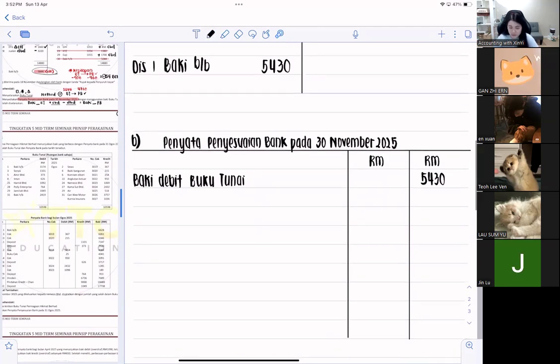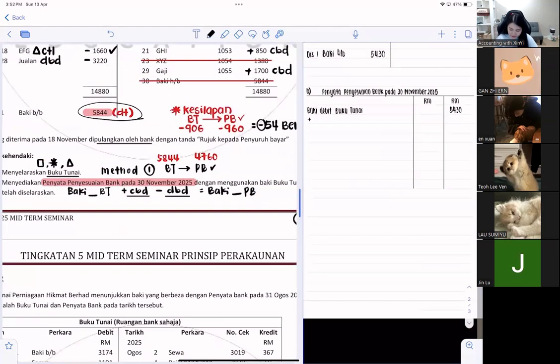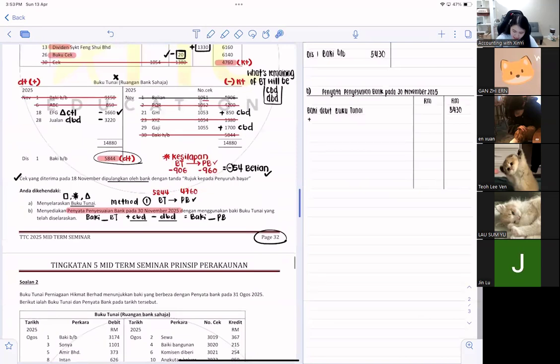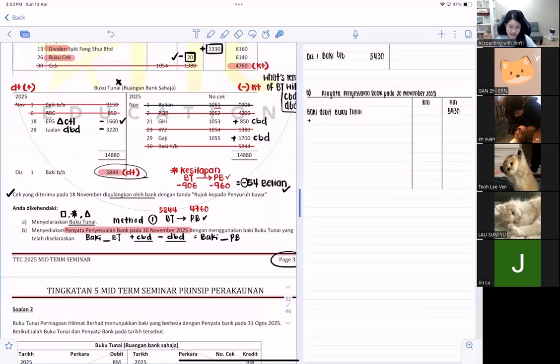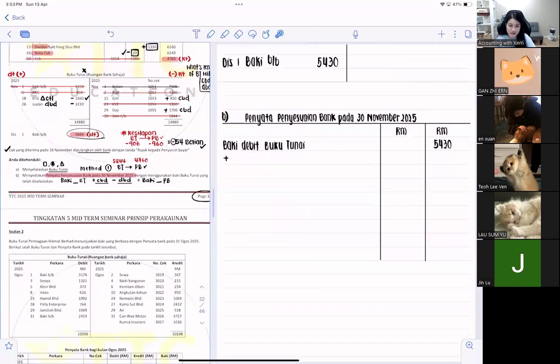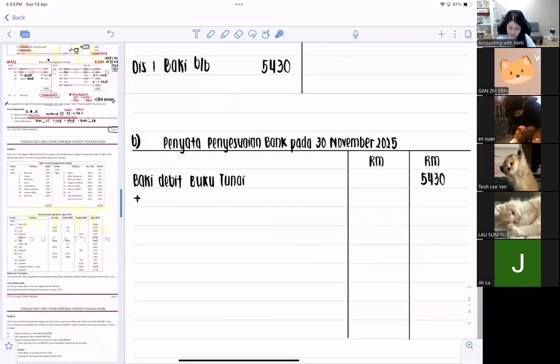Now, so baki debit buku tunai, we will first plus. Now you see, we have 2 factors left, that is CBD and DBD. But the fact is, these 2 factors don't get called by CBD, DBD. CBD and DBD is our short form way of writing to ease the process. But when you want to write them in a format, you cannot write short form. So what's a CBD? CBD is called cek belum